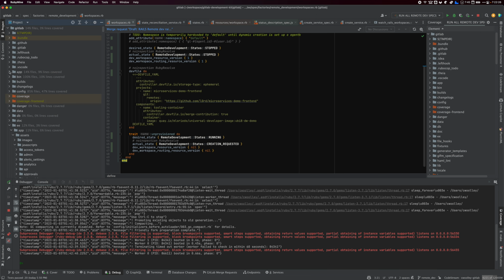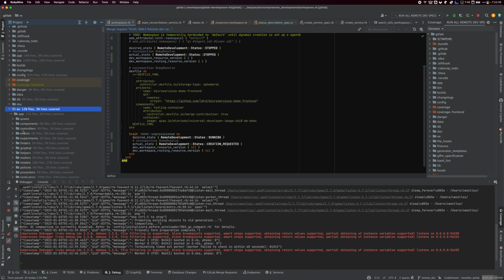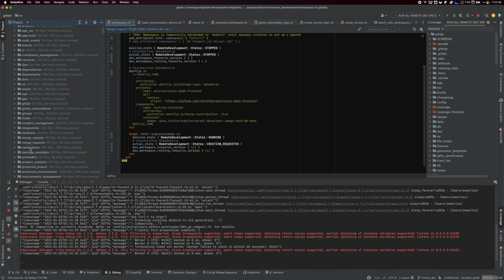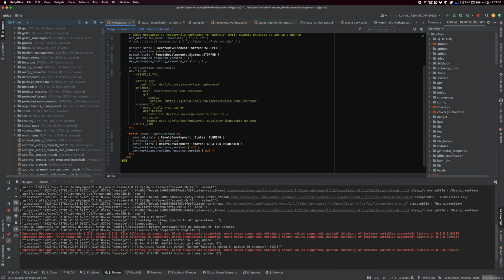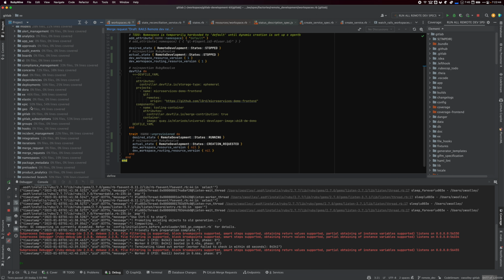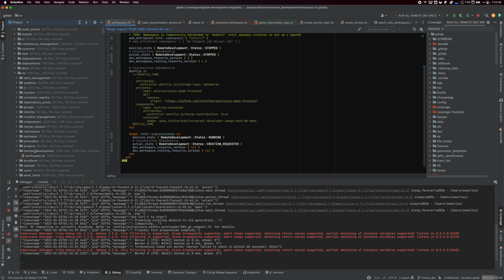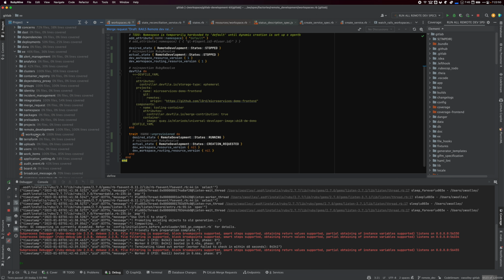Drill down. So, structure, EE, app, models, remote development, I'm going to PQR, models, EE, remote development. And I realized all of this stuff has to live